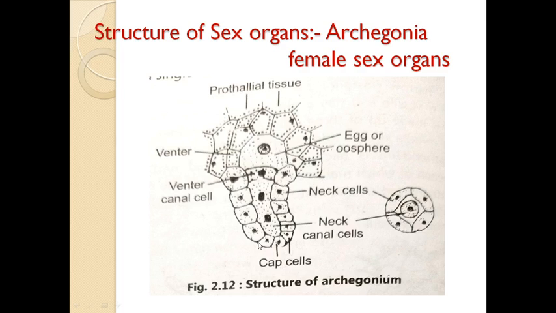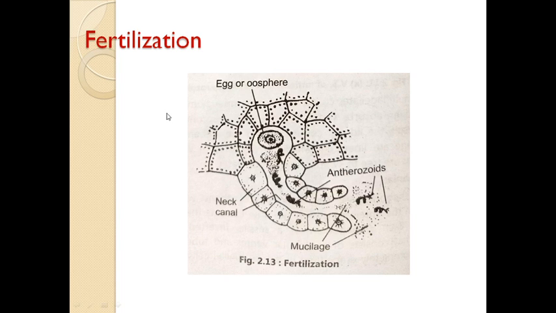The wall of the neck is a single layer in thickness, with cells arranged in 4 longitudinal rows. See, the 4 longitudinal rows, these are the neck canal cells, closed at the tip by a lead cell. It consists of a single elongated binucleated neck canal cell. Okay, so students, this is regarding the structure of archegonia. So next I am focusing here on fertilization.